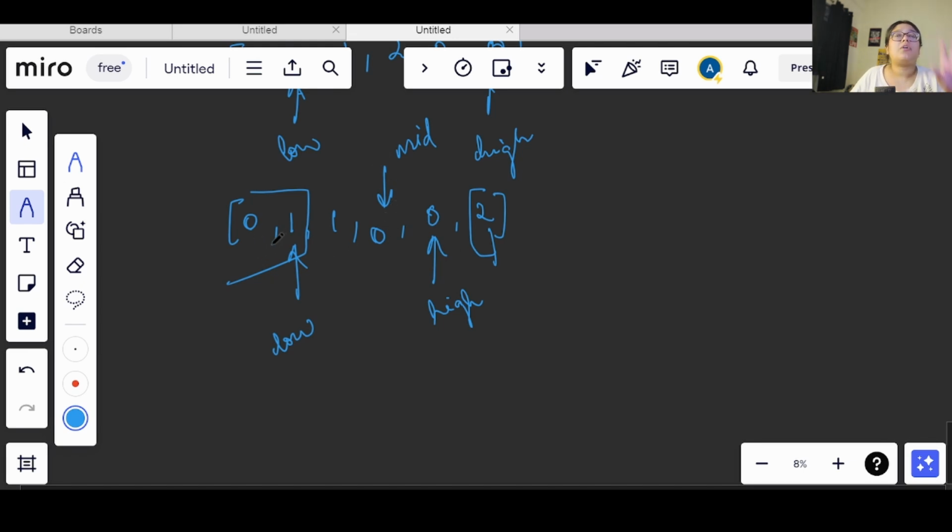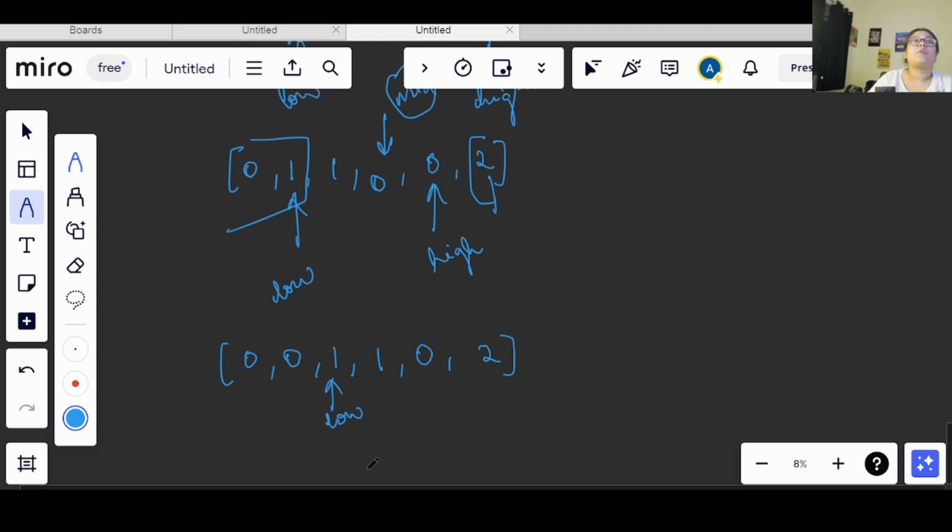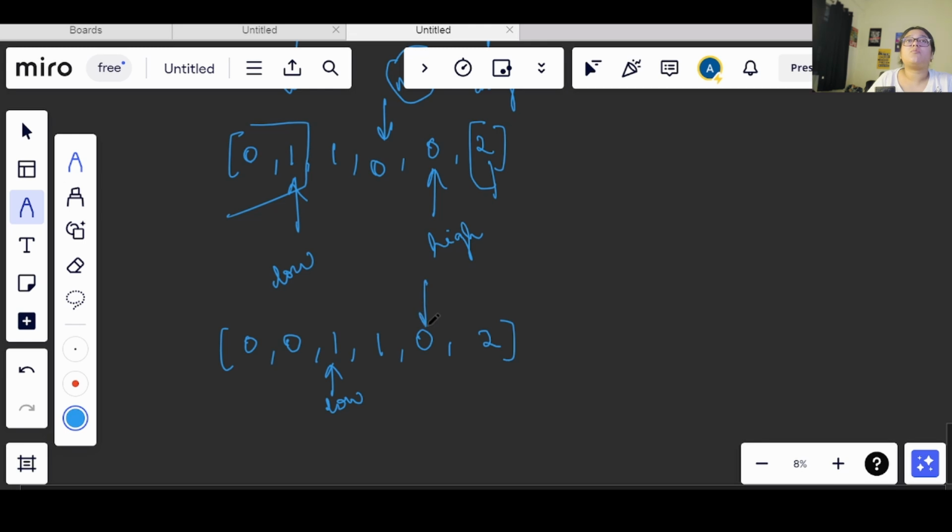Till the low part I know that it is sorted, right? So now I see that I have a mid here which equals 0. I need to swap that with my low, right? So I will swap it and I will have 0 here and then 1. This will also become 1. I have a 0 here and this is 2, right? So now my low will move here. Whenever I am swapping a value with 0, my low will move forward. So now my mid will also move forward and I will see again my high is here, fine.